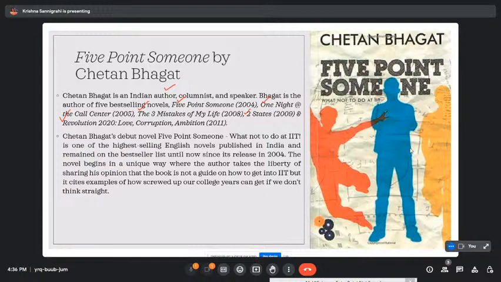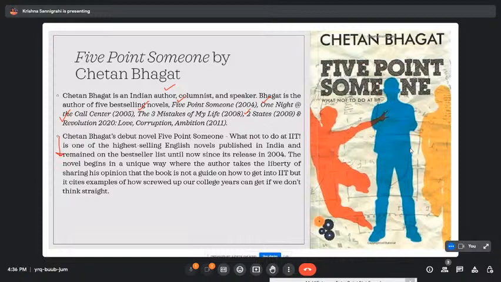So Chetan Bhagat's debut novel, 5 Point Someone, What Not to Do at IIT, that is Indian Institute of Technology, is one of the highest selling English novels published in India and has remained on the bestseller list since its release in 2004. So you can understand how it has gripped the imagination of the young blood in India,